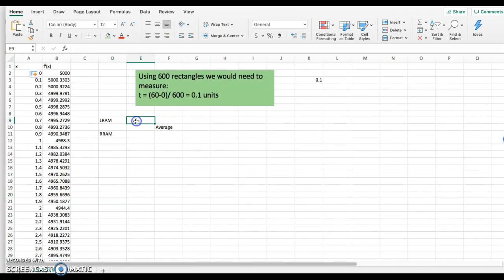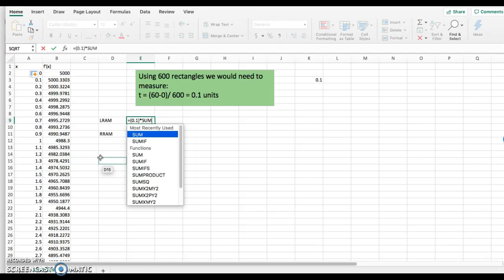Now, let's talk about finding the LRAM and the RRAM. Remember, the LRAM, or the left-handed rectangular approximation, is found by the width of each rectangle, which we just found up here. That's the 0.1. So we're always going to do that first. The width of the rectangle is 0.1